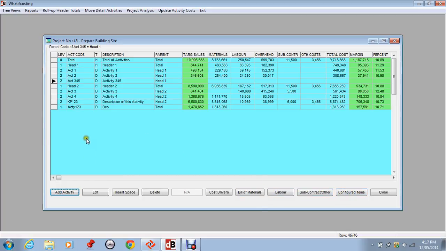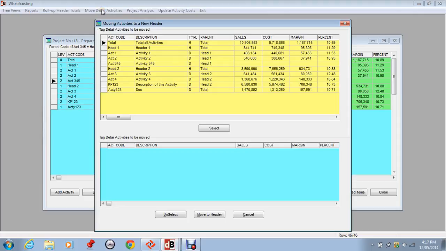So the other thing that we can do is we can move activities between headers. So we just added this activity here, but we may decide that, hey, we really should have added it to header 2, not header 1. So we simply say move detail activities, and here we see all of the same activities we see in this screen. We go to the one we want to move, which is the one we just created, 3, 4, 5, select that,